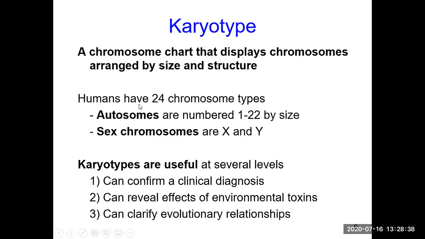So in human beings, we have 23 pairs of chromosomes. But if somebody asks you how many types of chromosomes are present in human beings, then we have 24 types of chromosomes, because 22 are autosomes, and then for the 23rd pair, we can have 2 different types, X and Y. So that is why we have 24 types of chromosome, but number wise, we have 23 pairs or 46 chromosomes, okay? And these karyotypes are regularly made in clinical settings to diagnose genetic abnormalities, the most common being Down syndrome. When an infant is born and is suspected to have Down syndrome, then you need cytogenetic analysis for confirmation.